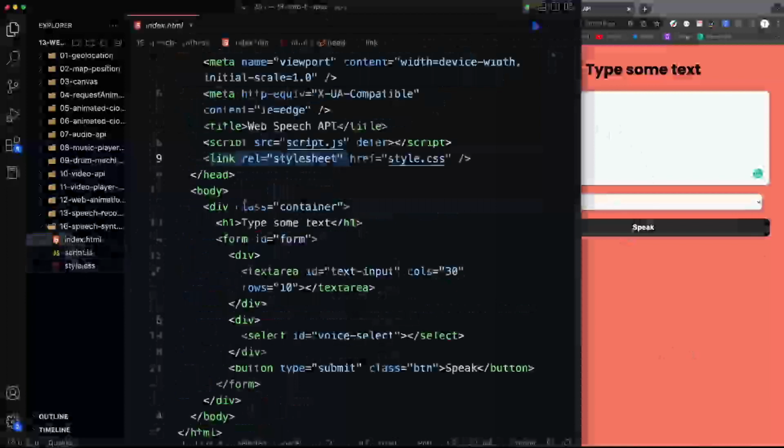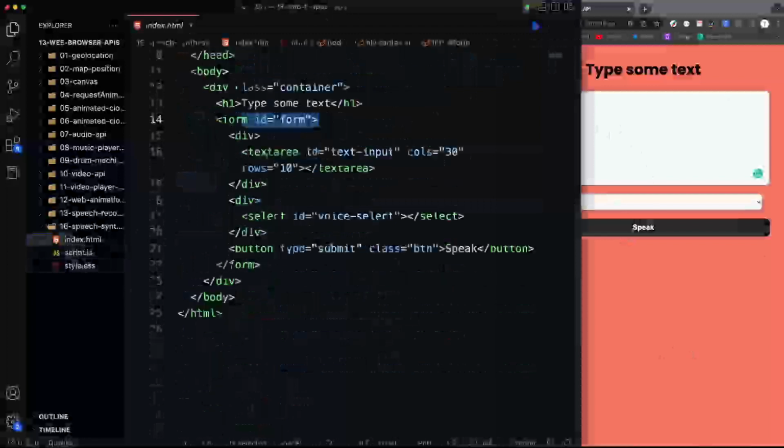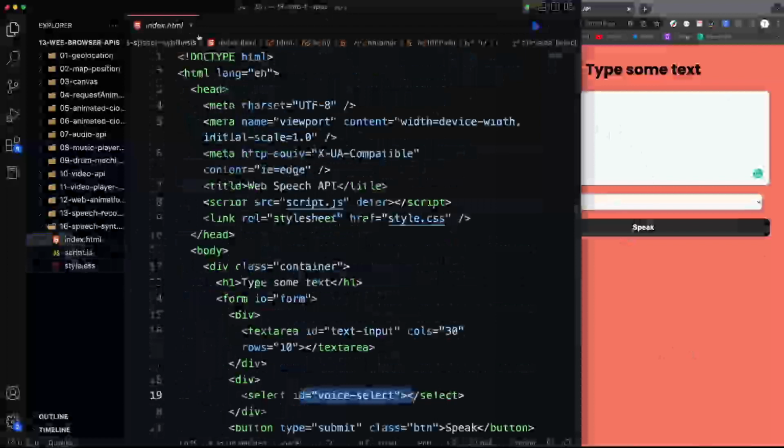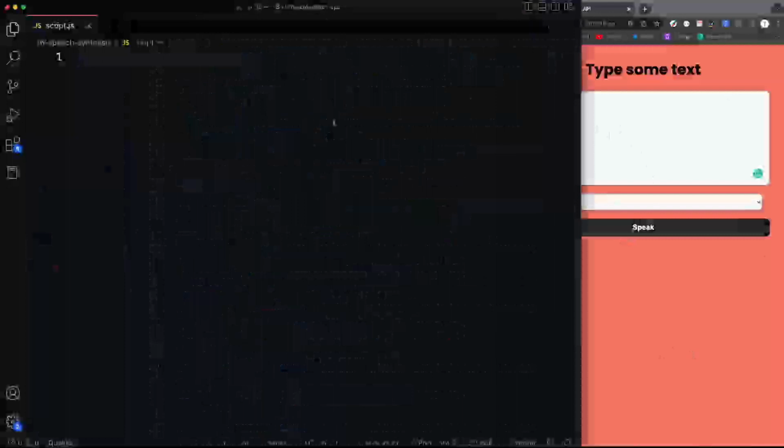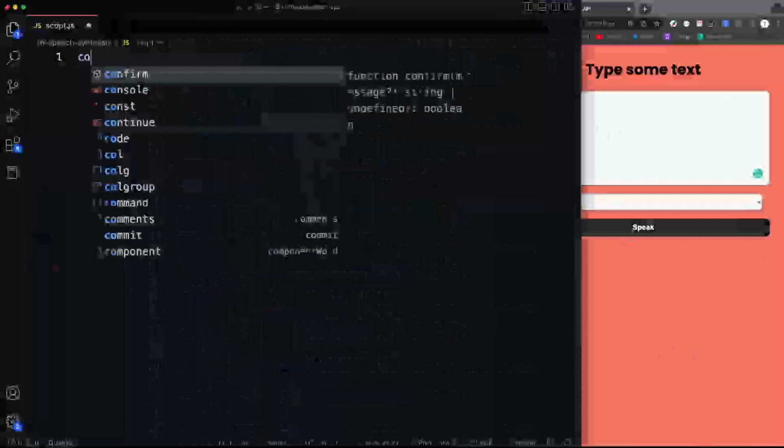And then we have a form with an ID of form. We have a text area with the ID of text input, a select box with the ID of voice select, and then a submit button. So very, very simple. Now in the JavaScript, let's open that up, and we're going to initialize a variable at